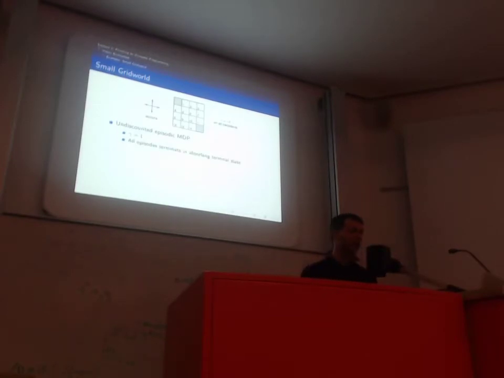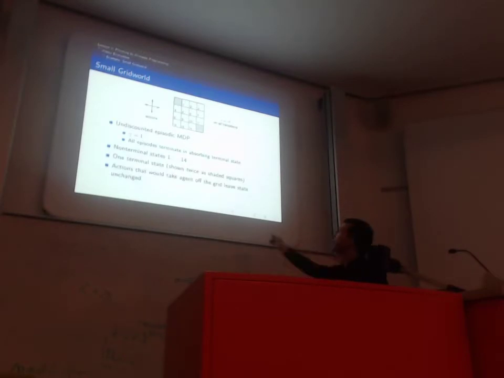And we're going to consider, if it tries to take an action that would take it off the grid, it just stays where it is. So it still gets a reward of -1, but it stays where it is. And we're going to consider a uniform random policy that with probability 0.25 goes north, east, south, or west. Okay, so how can we evaluate this by our iterative policy evaluation